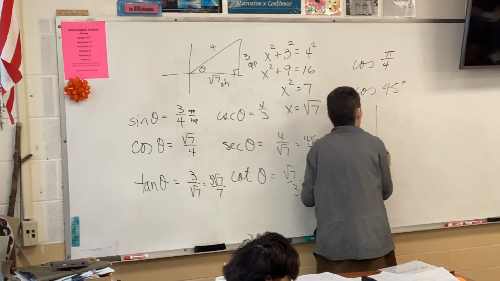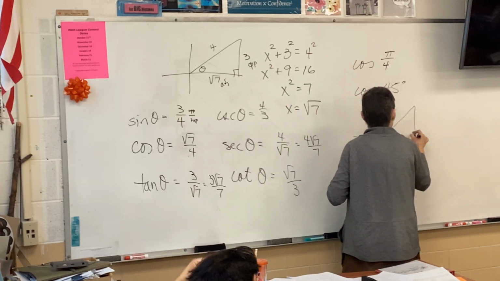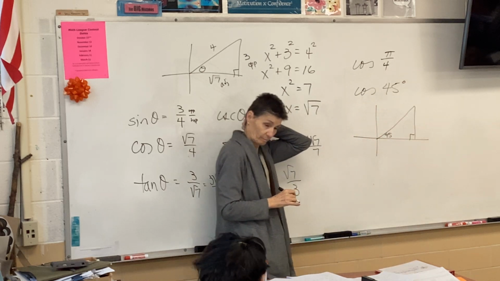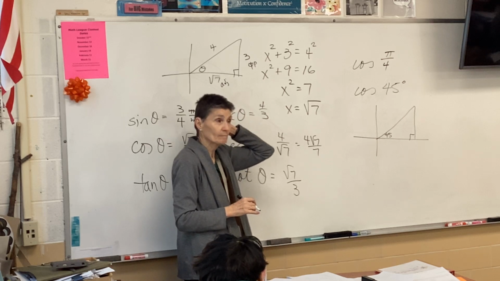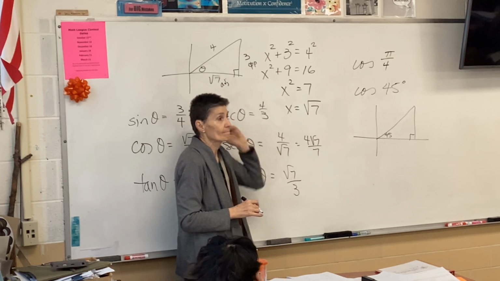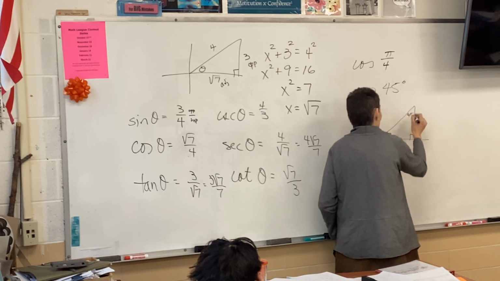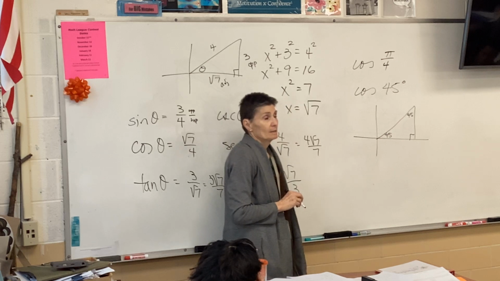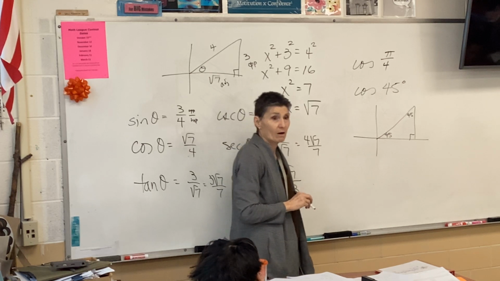So now I'll draw my triangle, same one I drew over here, only I know that's 45. Right? If that's 45, this one's 45, and that's a 45, 45, 90 triangle. Yep. And then I know my sides are